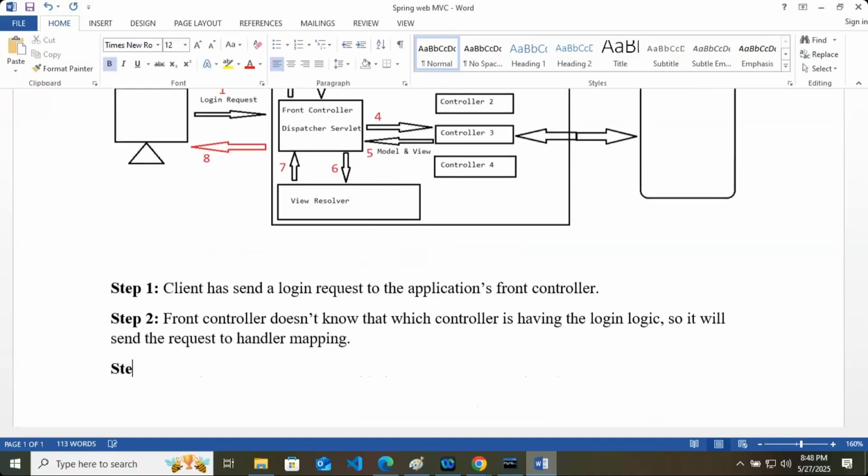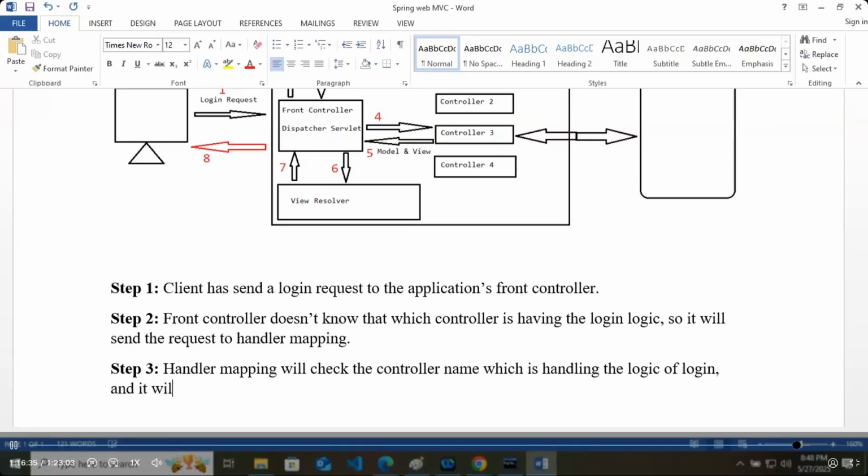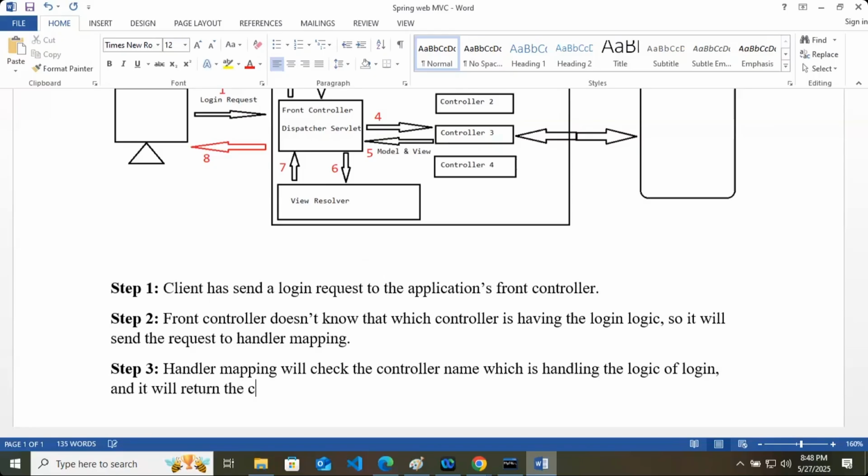In step 3, the handler mapping will check the controller name which is handling the login logic, and it will return the controller name to the front controller, or you can say dispatcher servlet.